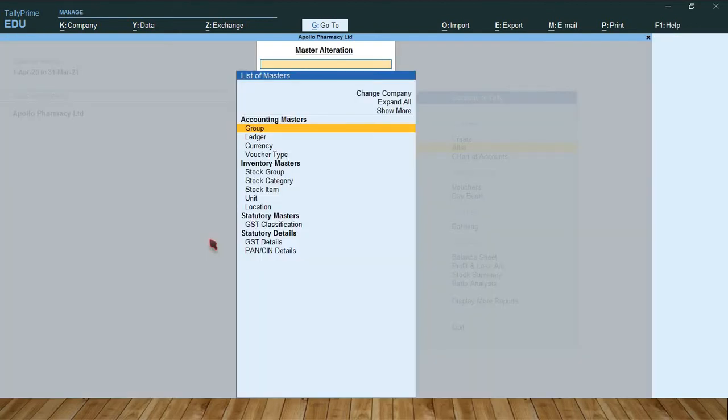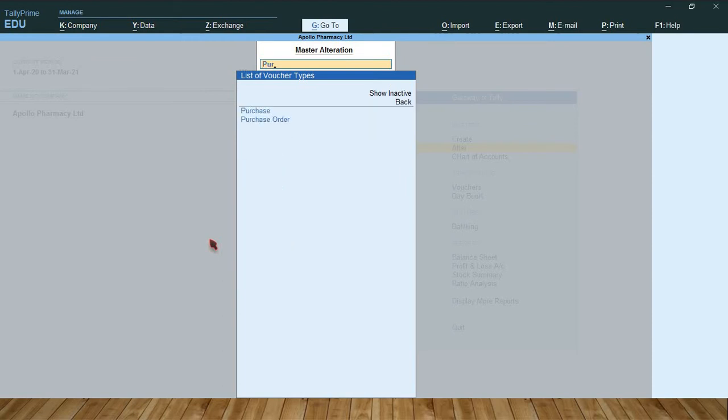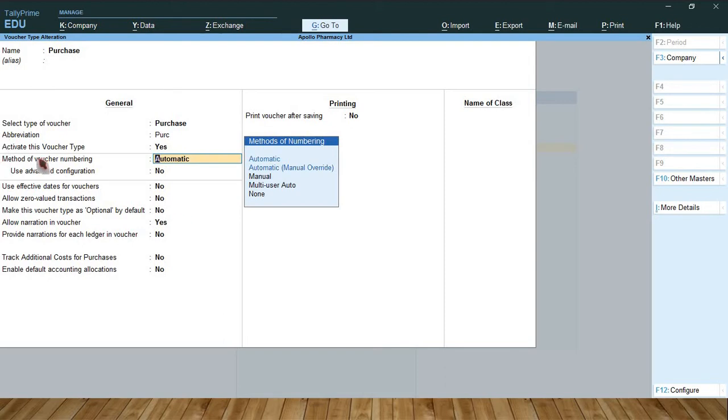Select alter, go to accounting master, select voucher type, select purchase, go to method of voucher numbering, set to manual. So then only you are able to enter a manual invoice number, otherwise you can't. Otherwise it will count serial numbers 1, 2, 3 like that. Accept.